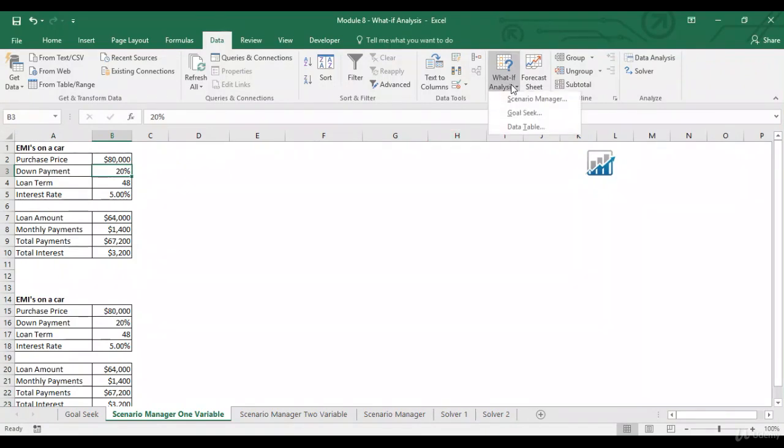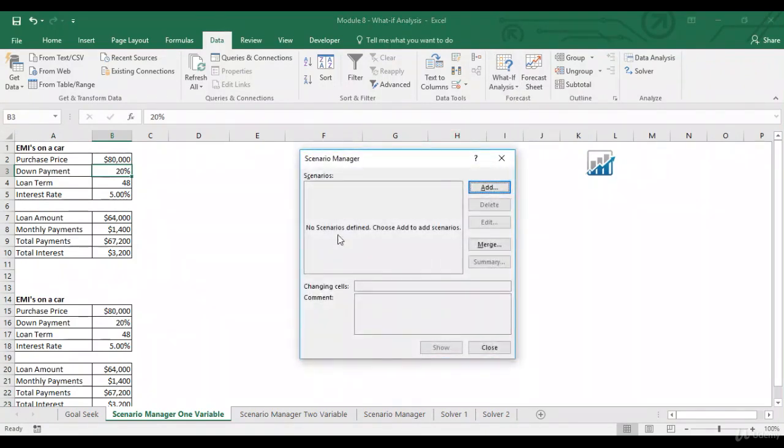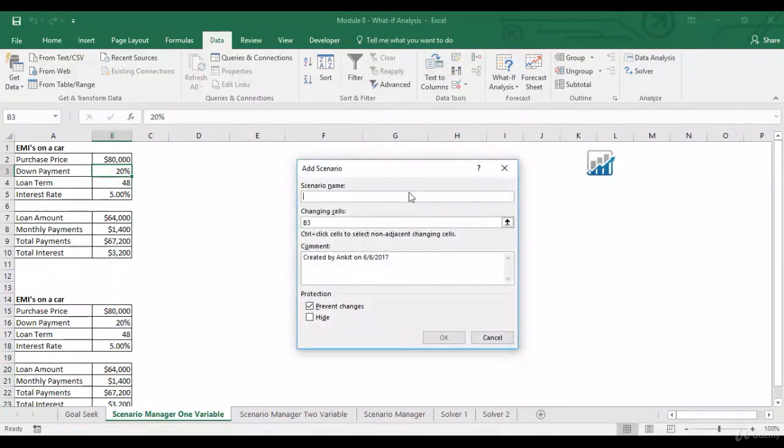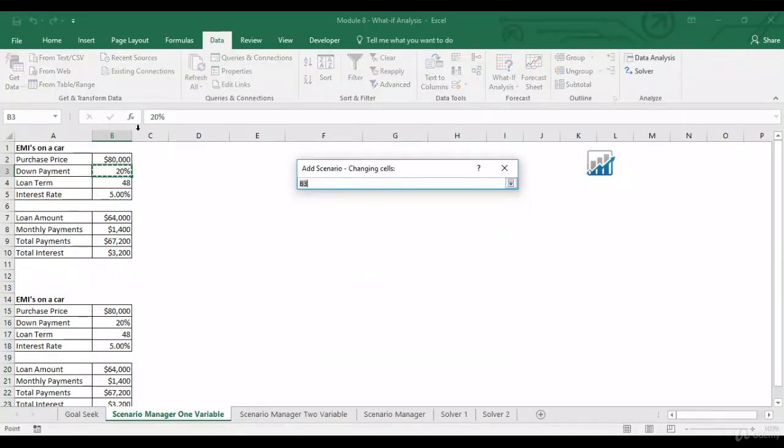So let's go to what if analysis, click on scenario manager. So right now there is no scenario defined. To add a scenario, click on add. Always keep a name so that whenever you look at it, you know what it is going to do. DP 30% by changing cell, down payment,